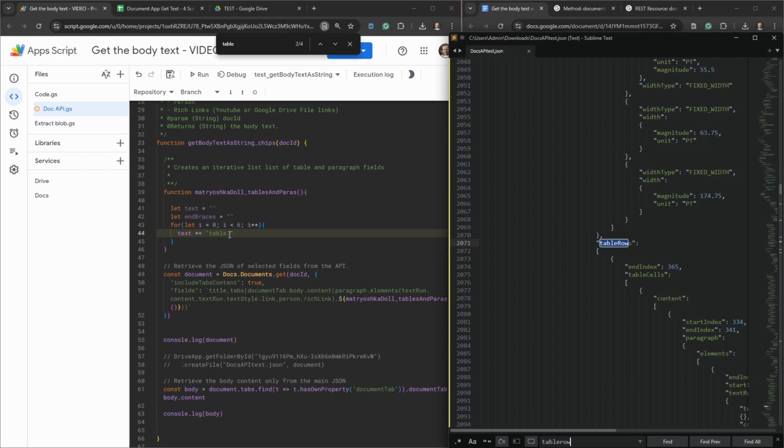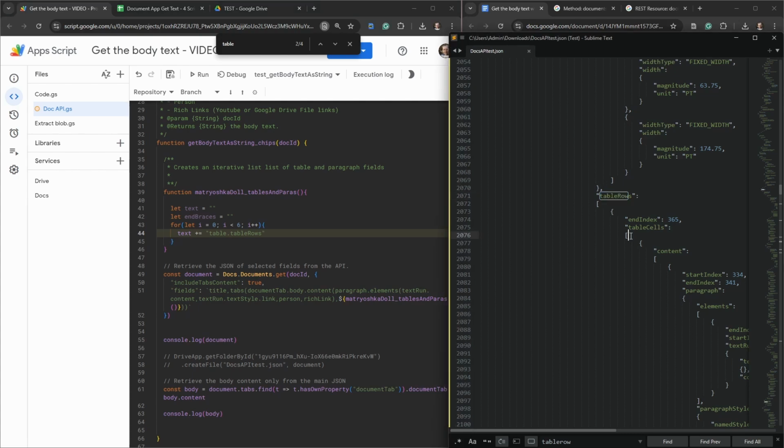So table rows, and table rows lives inside an array here of table rows, curved brackets here, and we want to grab the table cells inside that array. And as you can see, inside each iteration of the table cells, there's going to be a content that we need to look into. So we say table cells dot content, and that content is also an array,